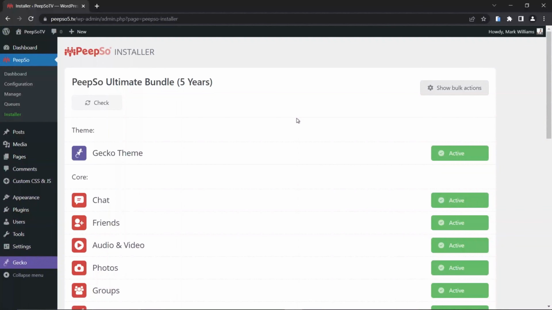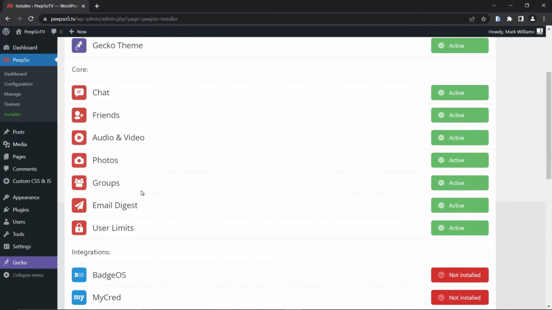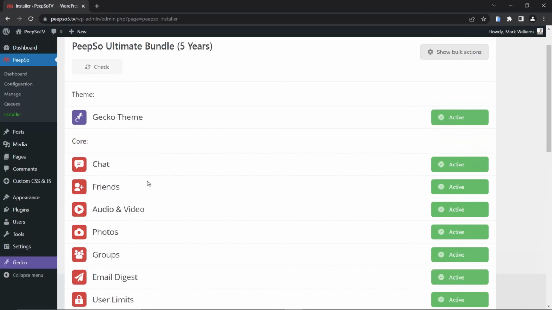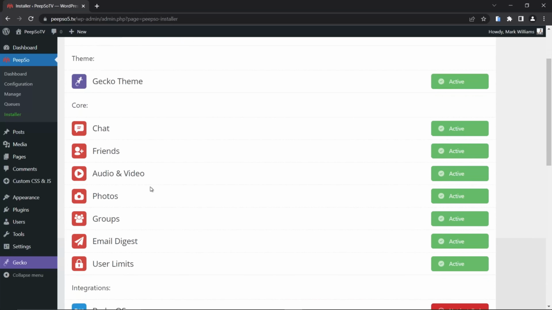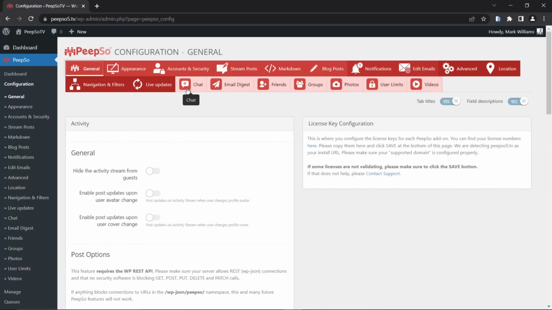In the very first episode of this long series, when we installed WordPress and PeepSo Foundation, we also installed the Gecko theme as well as all of the core plugins. It's all in the first episode. And now it is time to see how all of these additional plugins come into play. So when you install, for example, chat, you can go to PeepSo configuration, and then you will find the chat